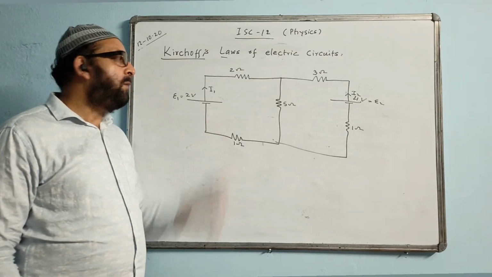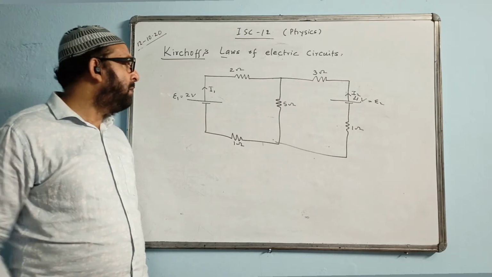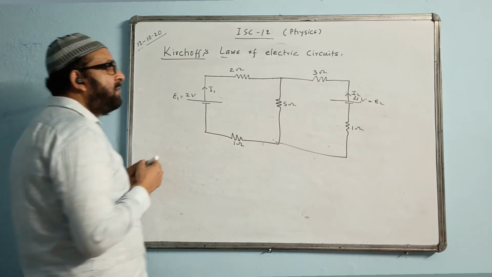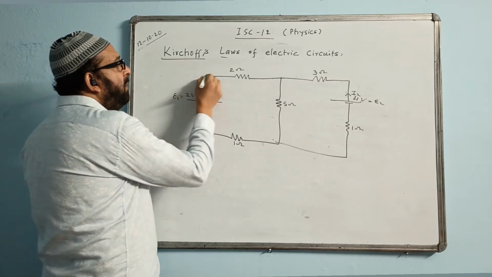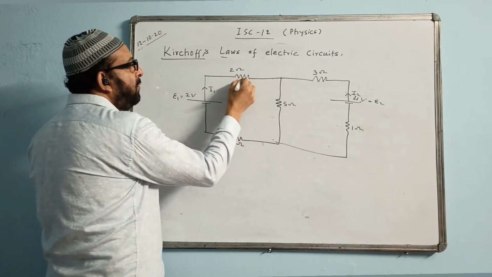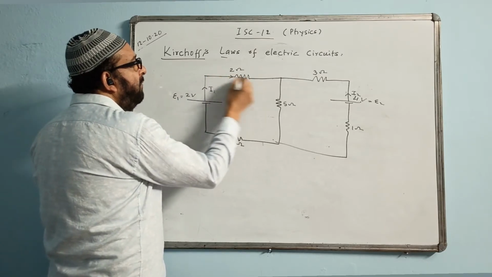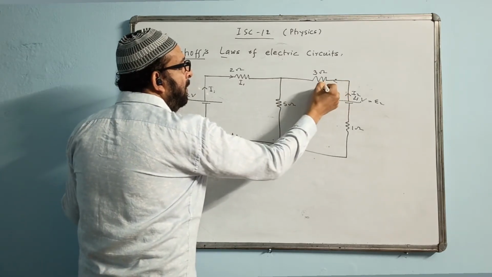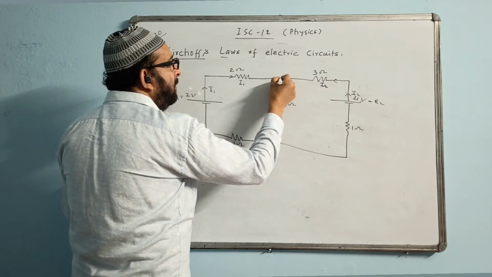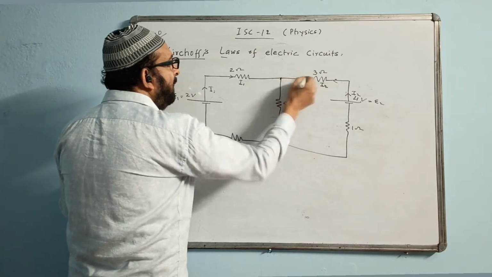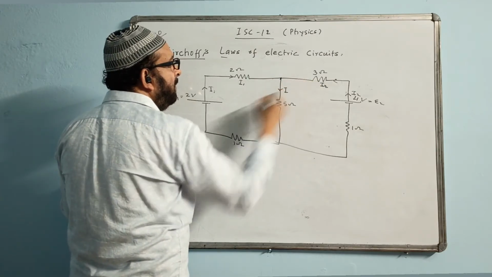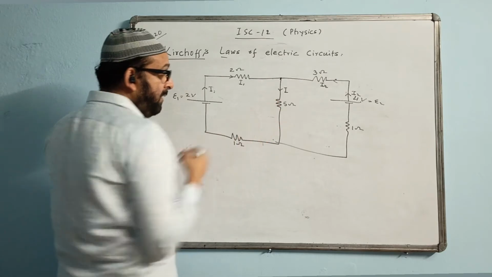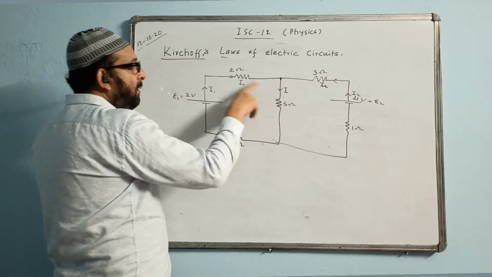How to find this? It is quite a complicated network. You cannot do it simply. So we'll do it like this. First we'll see what is happening here. I1 will come here and pass without getting divided. I2 will come this way, and now I1 and I2 will get together. We add them, and the total current becomes I. Here we are using the junction law.